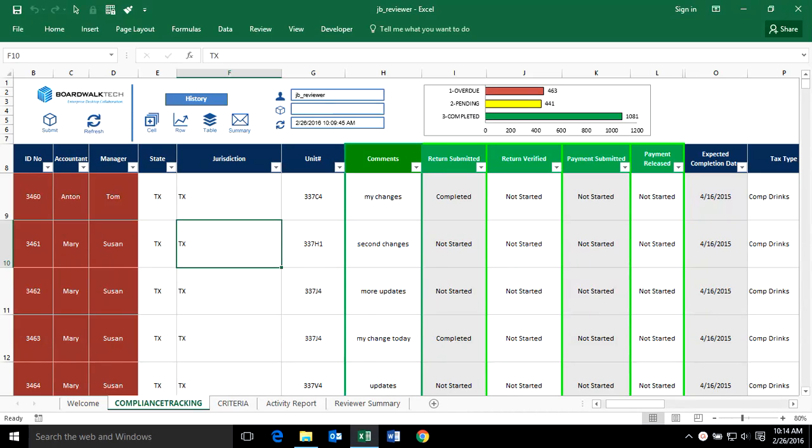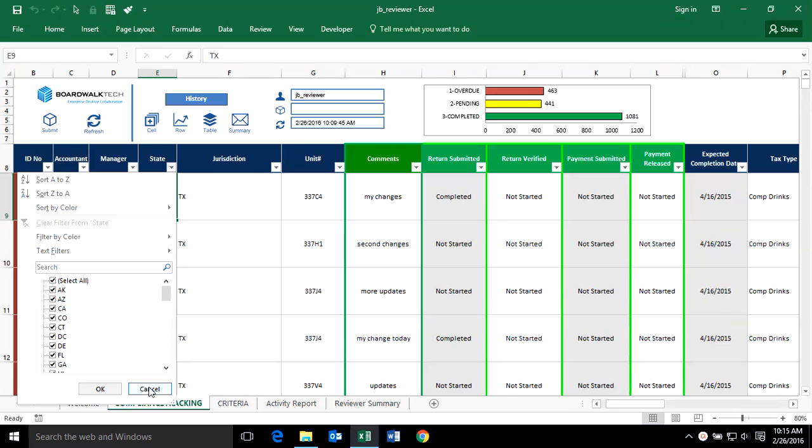In this demonstration, we're going to show how the Boardwalk application engine can be used to support a compliance tracker for a hospitality customer. In this particular use case, you can see that there are multiple accountants and multiple managers that are collecting information from a bunch of different properties across a territory, identified with an ID number, across multiple states,